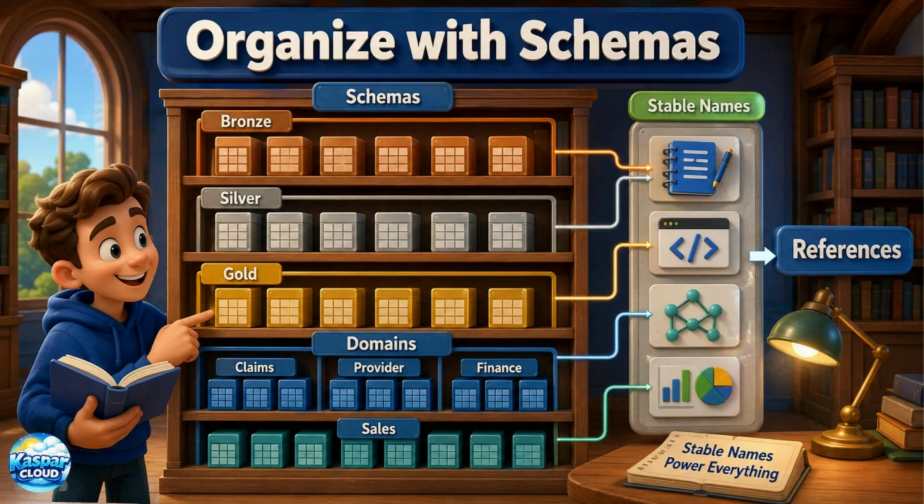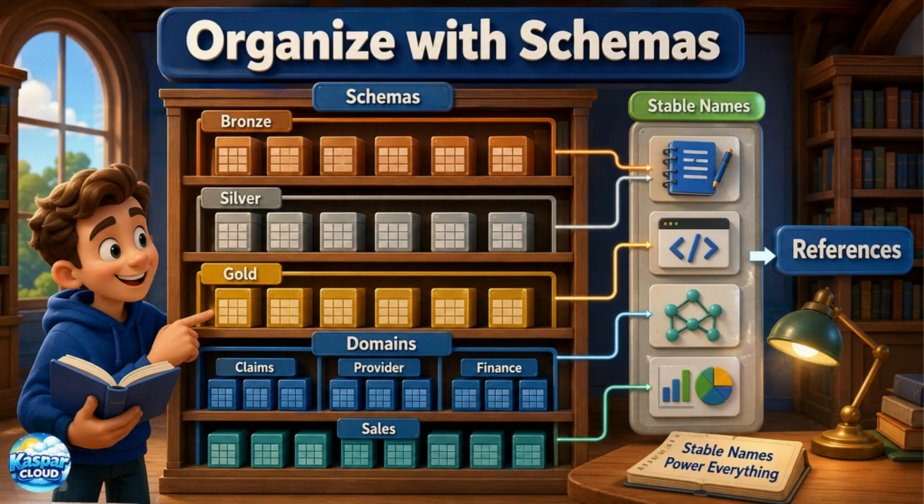Schema naming matters because notebooks, SQL queries, semantic models, and downstream items may reference those table names. If a table is moved or renamed, related pipelines, notebooks, and reports may need updates. In larger environments, four-part naming can reference workspace, lakehouse, schema, and table, which is useful for cross-workspace Spark SQL queries